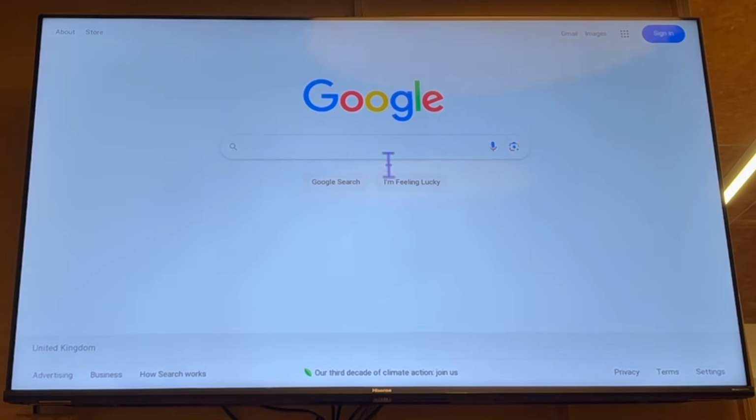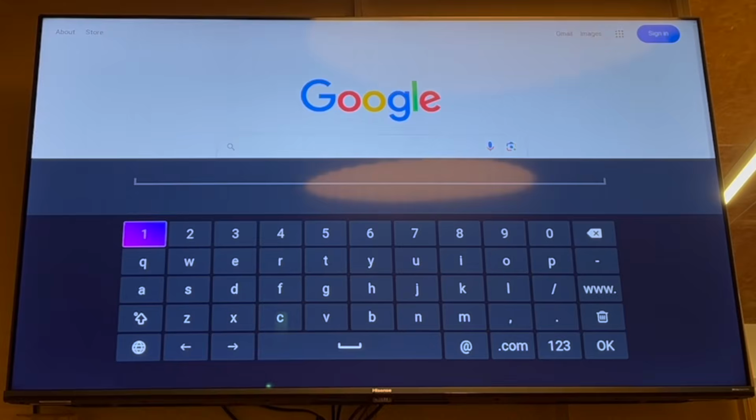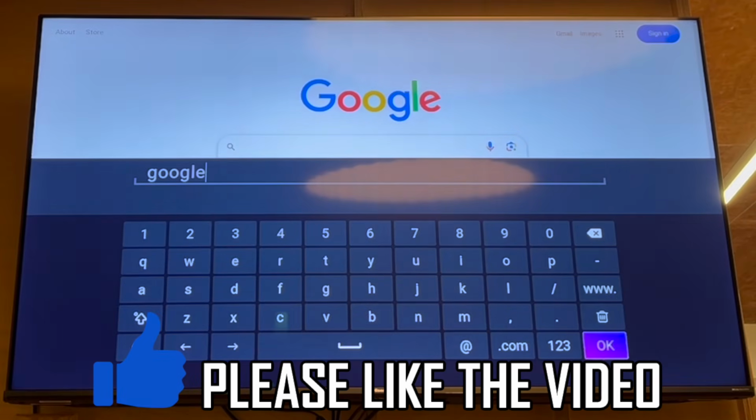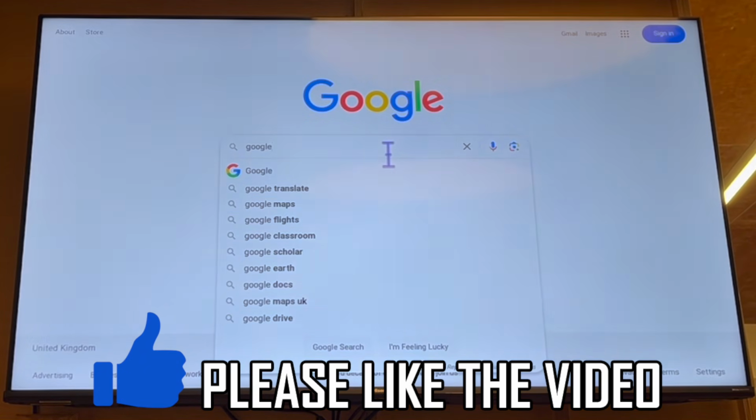Or potentially you can go to the URL section, then just manually type in www.google.com. Then you will get to this website here. So all you're going to have to do is follow those steps, and then you'll be able to use Google